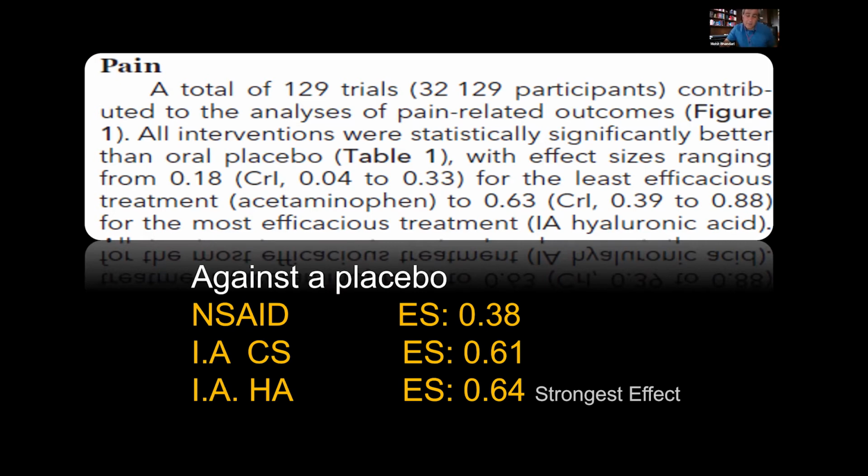I think the point you're making here, and the thing I remember from this really profoundly, was that an intraarticular placebo, in this case a saline injection, had the same treatment effect as oral NSAIDs, or something similar to that effect. I can give you that. Actually, intraarticular placebo had an effect size of, I think, almost 0.3.